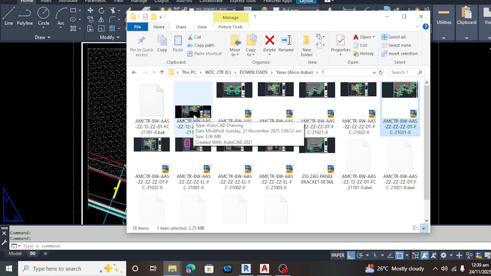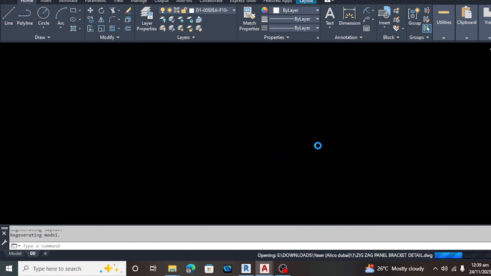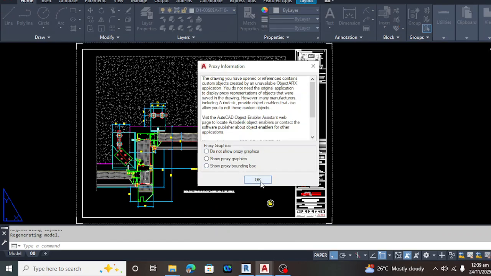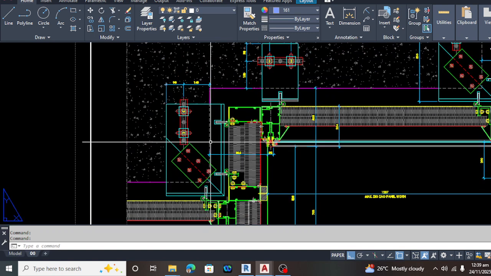I think they don't have another. I think there's no other. This one has embed. Ah, there. This is the embed. Look, this is the embed on the top floors.